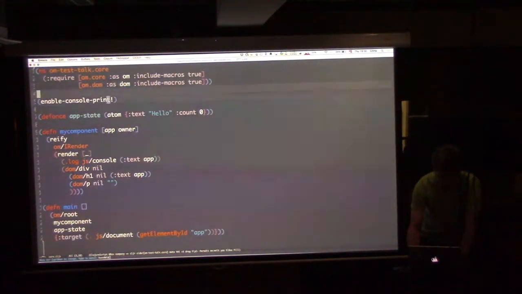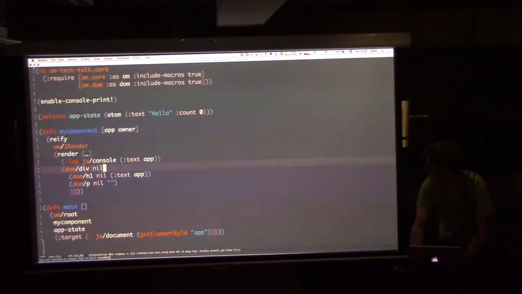So here we've got a tiny app. It's a couple more components than the one before, in the basic Om style,